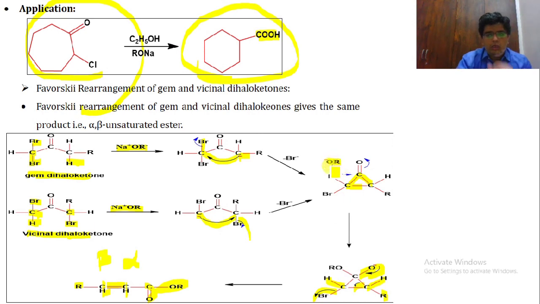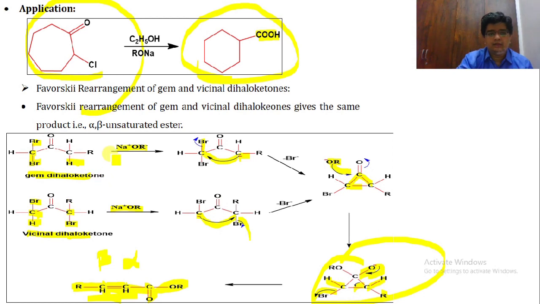So now this OR minus will attack over here. This will fall down over here. There is oxygen minus charge. Okay, so now here we are having a similar type of intermediate that will undergo and follow to the alpha beta unsaturated ester compound. So in that way, in the reaction mechanism, you can learn that in geminal or vicinal dihaloketone,